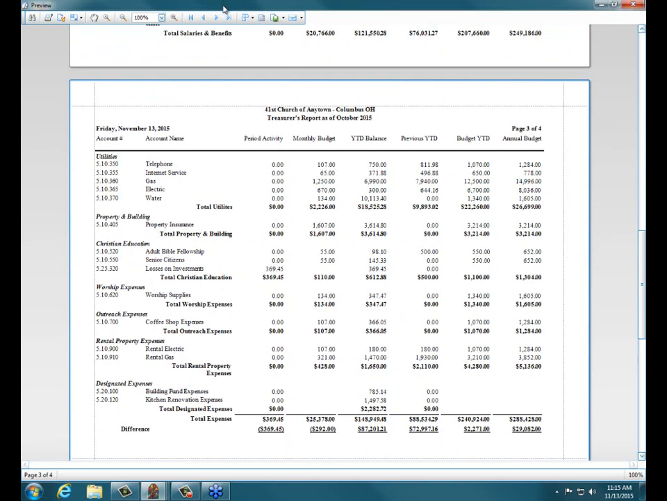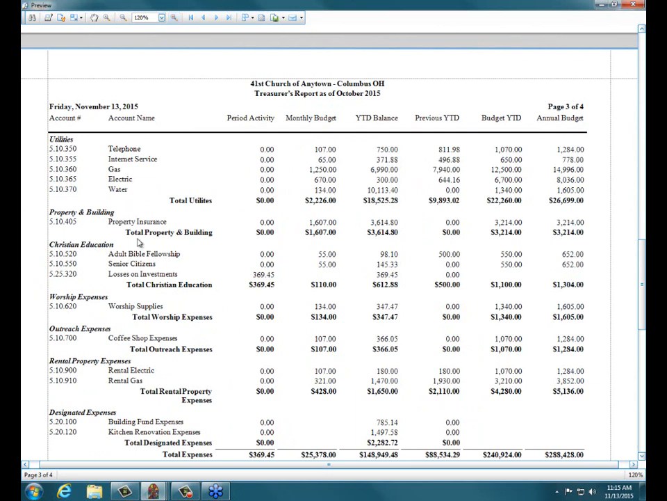So right here, under our treasurer's report for the month of October, we clearly see losses on investments, 525,320, 369. Nothing in the year-to-date balance, but it is reflecting on our treasurer's report. Okay, so